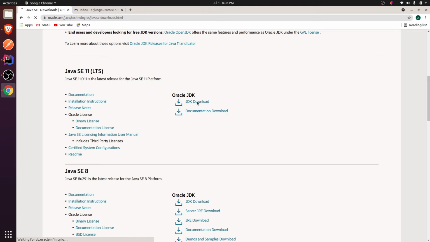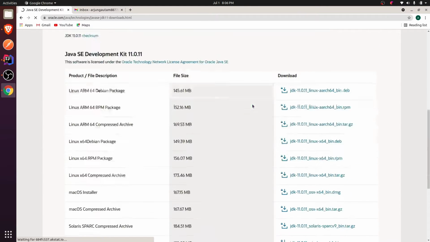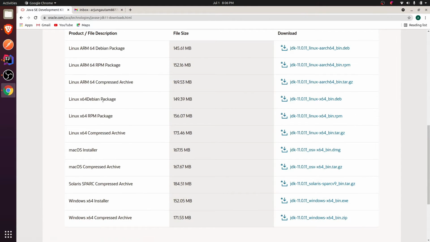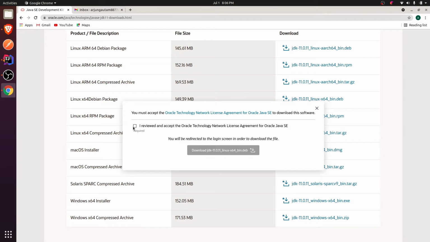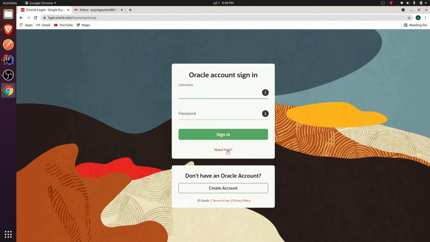Just click on this JDK download and down here you can see the Debian package. You just need to download this Debian package. Click on this JDK 11, tick here and click on download. This will open the oracle.com login page. To install other newer versions you don't need to sign up, but for version 11 you need to create one account. So let me quickly create one account